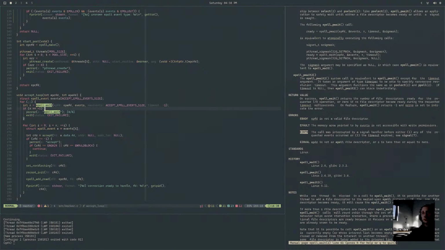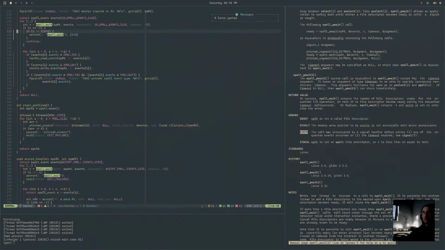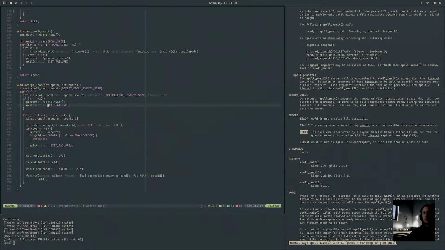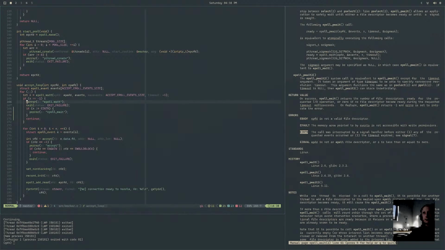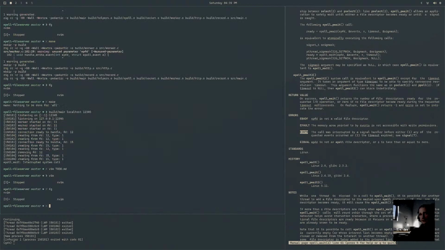So in here, we actually do want to do the same thing, I think, as we were doing here. It's just continuing. I don't think we want to exit. Like, why would we want to exit? I think we just continue. We log it out if it's not EINTR and we don't expect it, like this invalid and stuff like that. We just log it out, but we continue to go back into the epoll wait. I think that's the right thing. Make